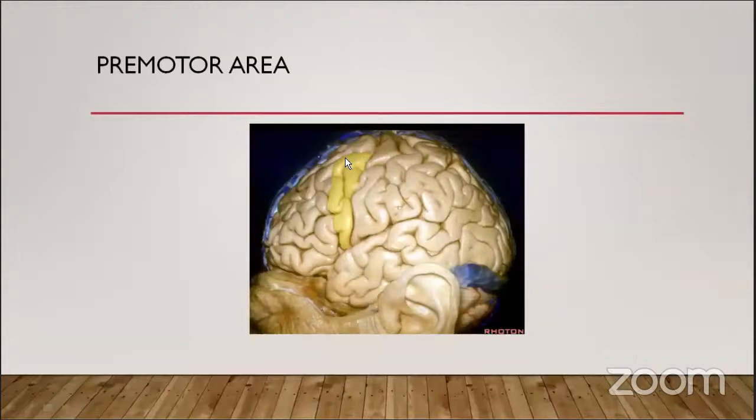Now, this very important area just anterior to your precentral gyrus is the premotor area. This is also a part of your middle and inferior frontal gyrus, but in another classification, with the Brodmann area concept, this area is the premotor area lying anterior to your primary motor cortex. This premotor area is also known as the supplementary motor area. This is the area where the programming of motor activities takes place. So how we are going to perform a specific activity, like one muscle is going to flex, the other one is going to extend. All this programming takes place within Brodmann area 6, or the